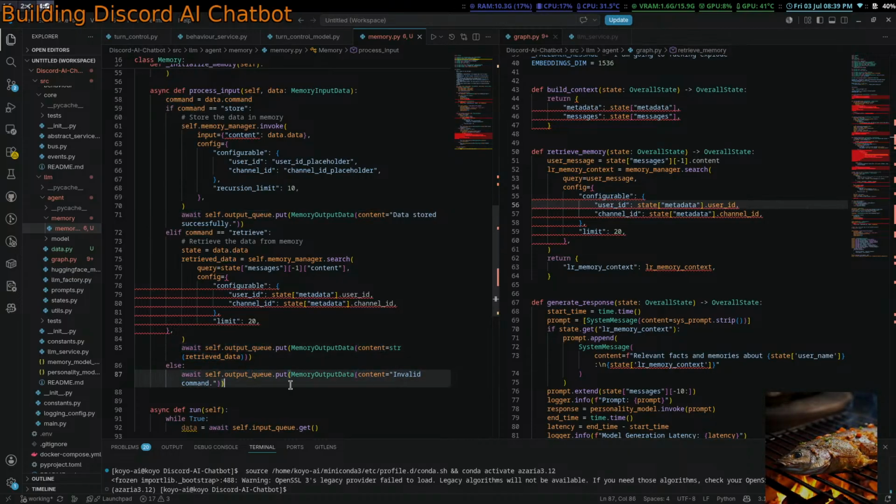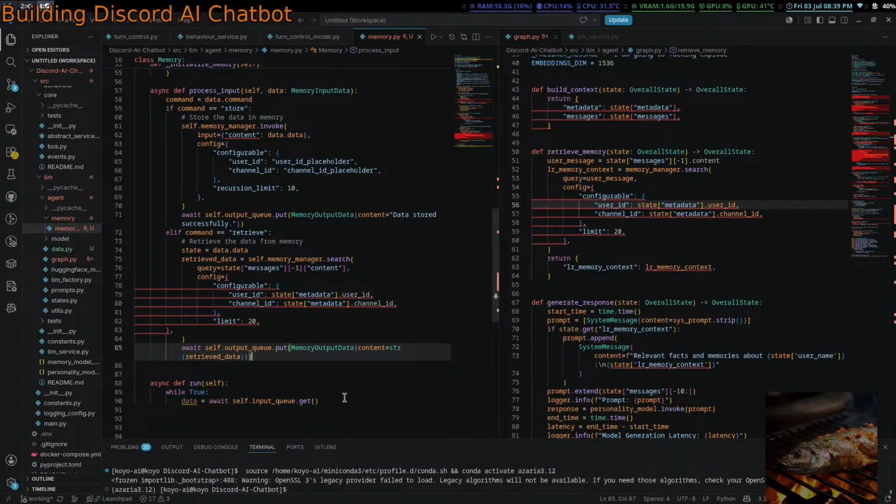Else invalid command. I don't know how I want to handle invalid commands here. Or it shouldn't even get to this block, because the LLM isn't directly querying memory, it's just built into the graph.